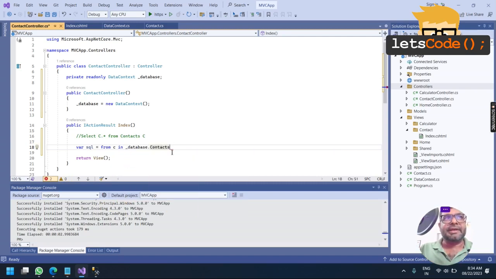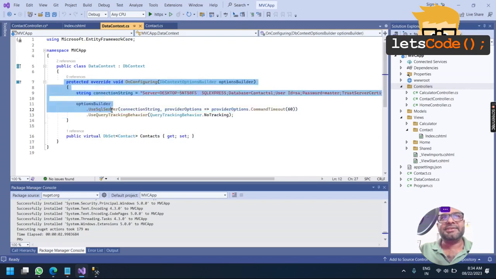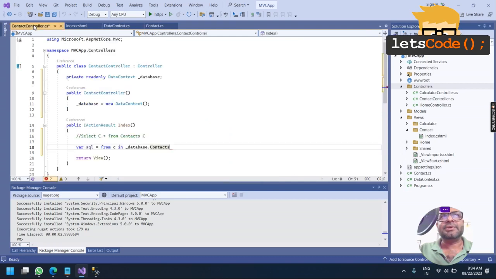We had created one property that was exposing our entity class, a list of the entity class. We have already defined our connection string and configured it for SQL Server in our context class. You can always go back and refer to that video. And then select c. That's how you write in SQL Server Management Studio, and that's how you write using LINQ.